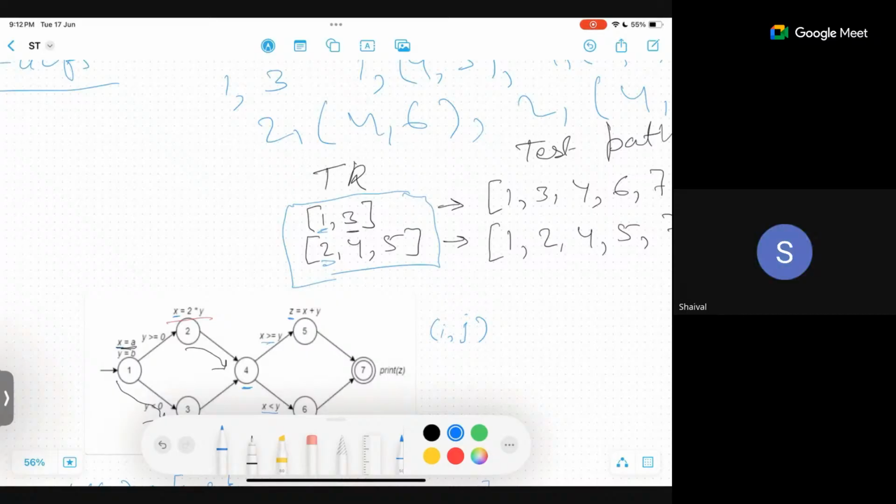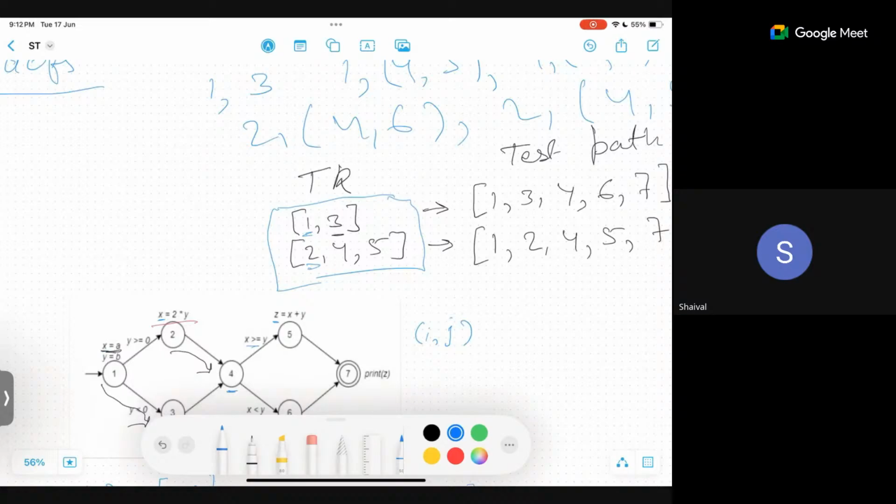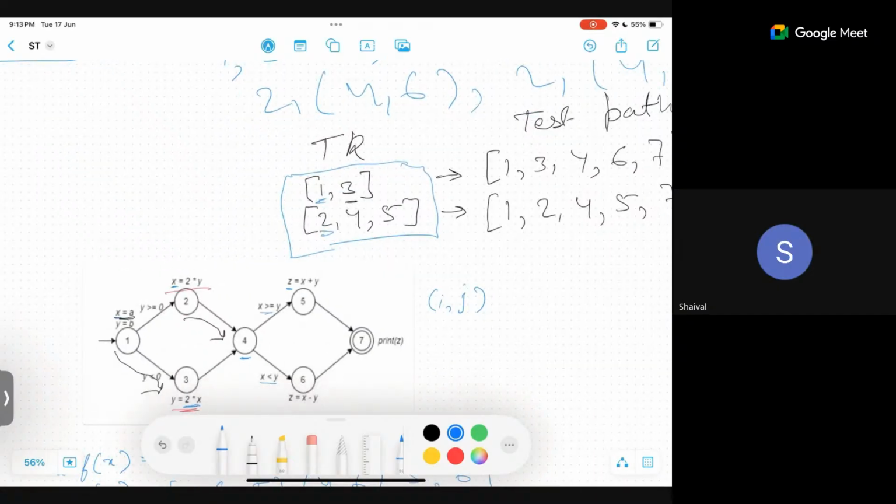For example, the basic criteria is that every definition should be followed by a use. If, for example, there is one particular situation where it is defined but not used, how do we handle those? For example, in this one only we say